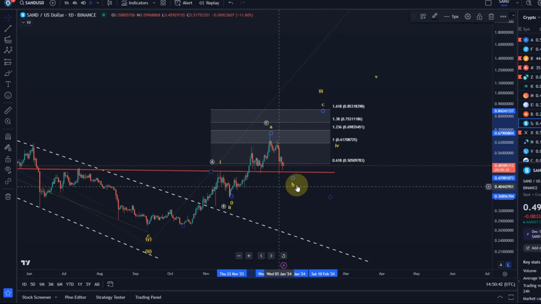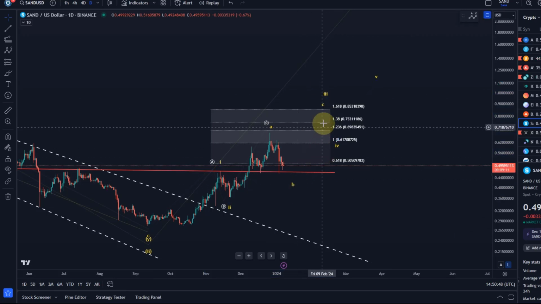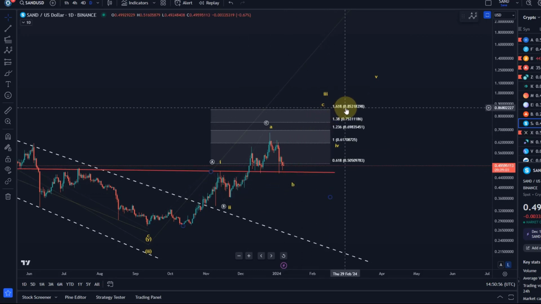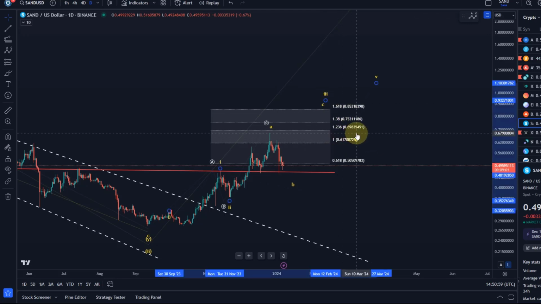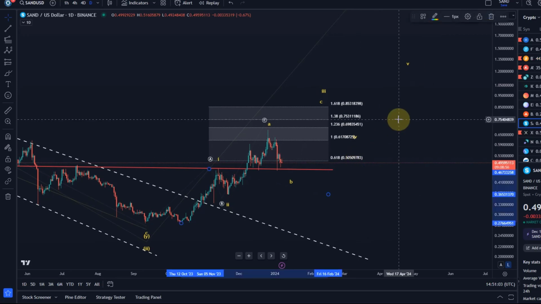I'm not going to add a support area here because I find it highly unreliable. And then the third wave should move higher, and where exactly that lands will depend on where the B wave lands. But what I could imagine, it would look quite good to get at least to 85 cents. Then we should still get a 4 and a 5 later. So this is stretching out, which makes it somewhat unreliable.